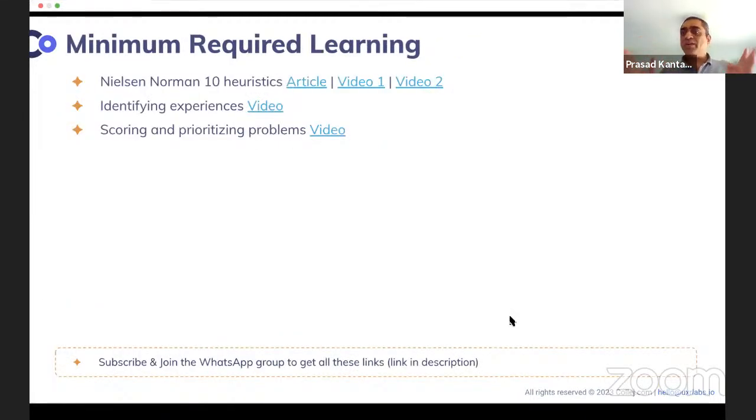The simplest one to learn is Nielsen-Norman's 10 heuristics. But eventually what you would be expected to do is go out and understand what the other frameworks are, so you have a very broad understanding of how to evaluate a product. So for now, if you want to do the 10 heuristics,